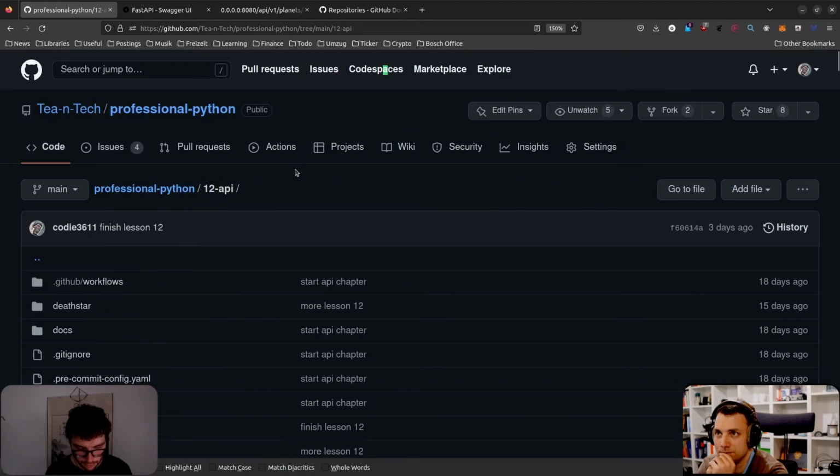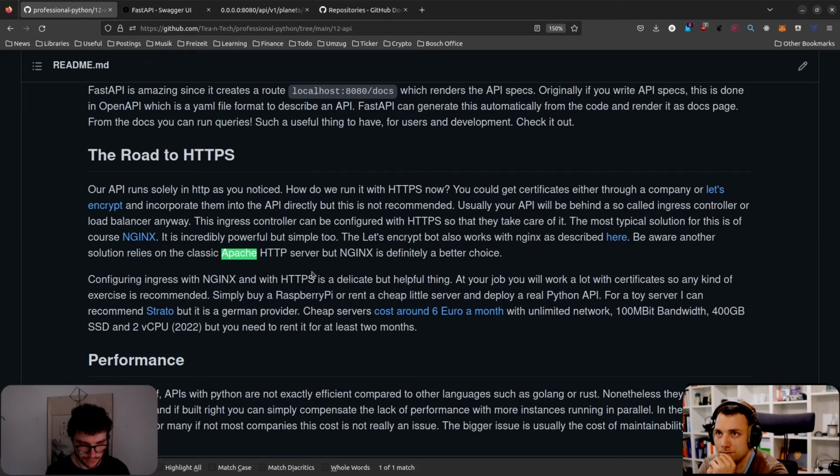But I really don't recommend Apache for the reason that it's big. Nowadays everyone uses Nginx. Okay. It's just much faster, much simpler, much more straightforward. It changed so much in the industry when it came out. So you definitely want to go for Nginx if you can.